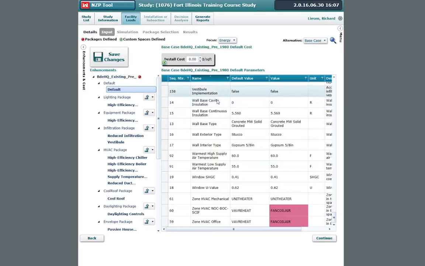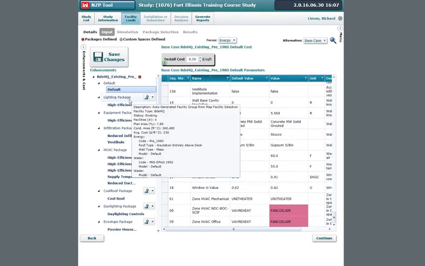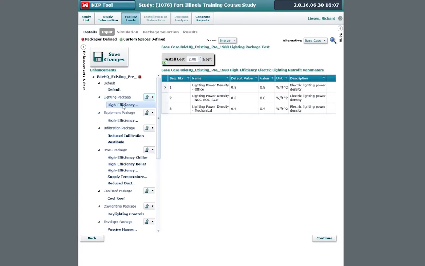Then work on your base case, and you want to go into your base case and go into all these efficiency packages and make sure that the install cost is what you want it to be before you create your other alternatives. If you make all the changes, even if these efficiency packages are not selected in your base case, it'll always carry the install cost to each of the future